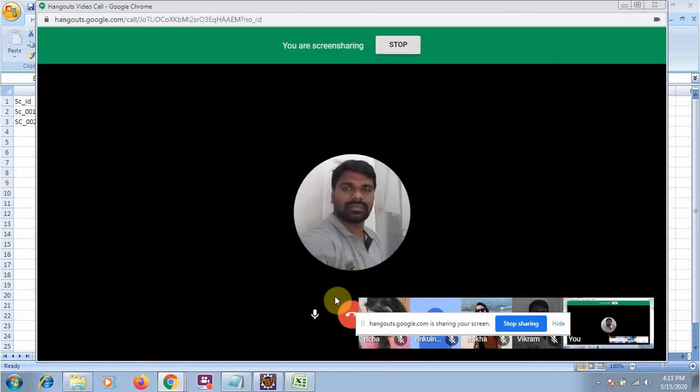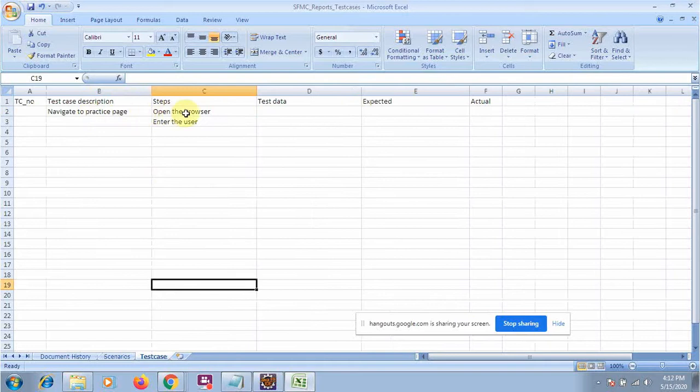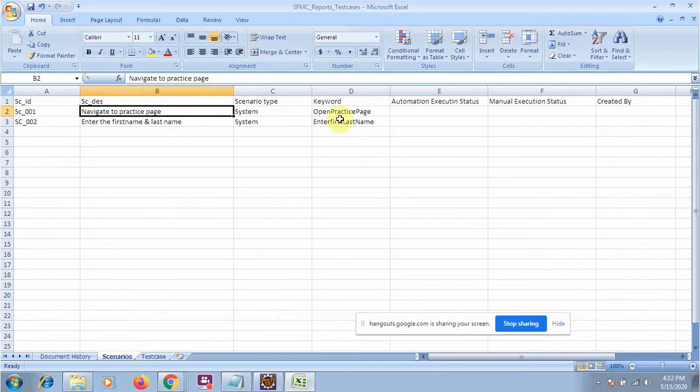Okay, so in the scenario page, this description will be used by the manual tester, and they will use this description to write their test cases. They will write the steps, they will write the data and whatever they want to do. And one scenario may have multiple test cases. Again, the automation tester, for each scenario, will convert it to a meaningful keyword. Okay, so in the keyword, they will write their test cases in the automated script as the manual tester has written them in simple English language.